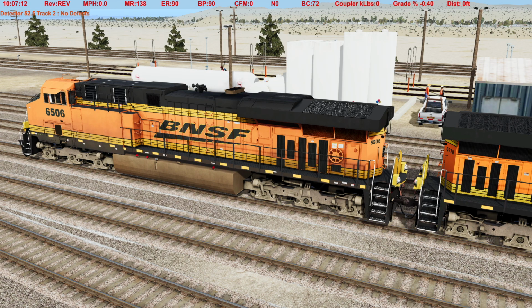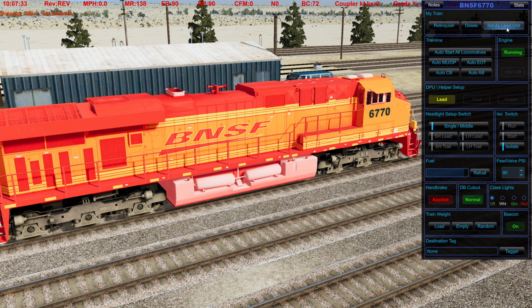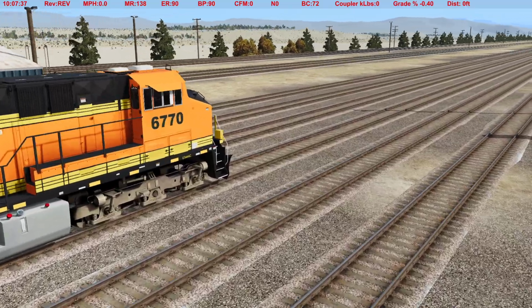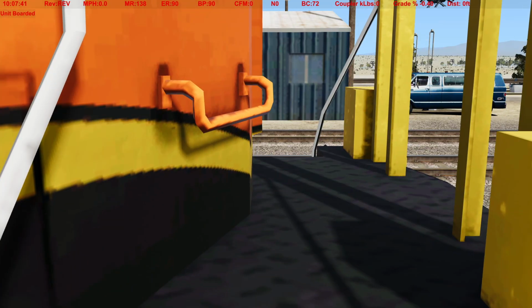But if you have a train that's already built up and you want to put a helper unit on it, then you're better off taking control of the helper and then coupling to that train, then going back up to the head unit and setting the lead unit. Because as you see, you can actually set this one as the lead unit if you wanted to. But that's what we're looking at right there, the lead unit. So I'm going to go back up into the cab,